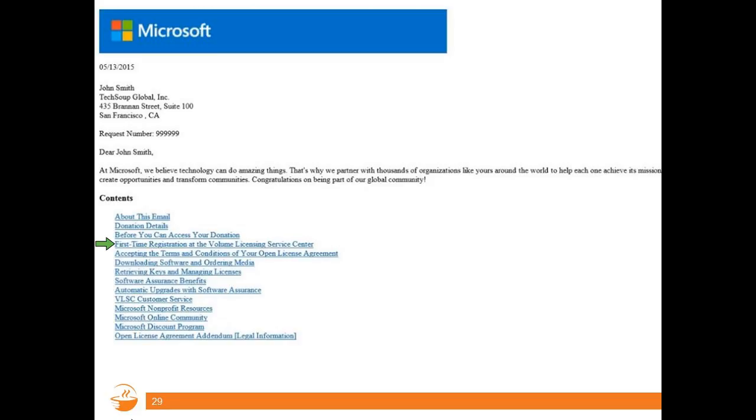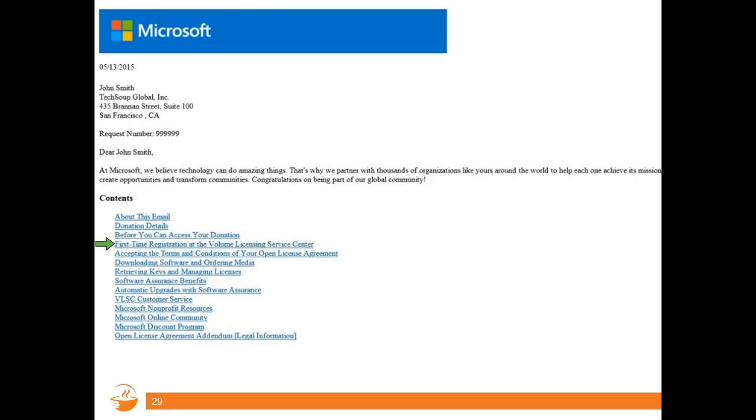So you can log into that site and access your download. And really what that's going to look like is, there's an email verification process, and you're going to have to do it again to acknowledge your business email address. And then once you're able to log into the Volume Licensing Service Center, granted that we've fulfilled your software and Microsoft has accepted your open license, you're going to be able to log in there and accept the terms